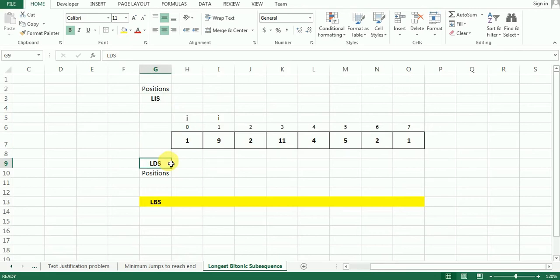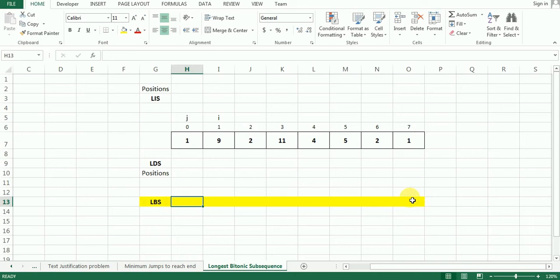All right. Then what we are going to do, we are going to add the cell values of these two arrays of LIS and LDS, and we will be subtracting one from each of them, and we'll be storing those values over here in LBS array. We will find the maximum integer out of this array of LBS, and that will be the length of our longest Pythonic subsequence. If it seems to be a little overwhelming to you at this point of time, do not worry, because we are going to solve it step by step. All you have to do is stick to watching this video till the end.